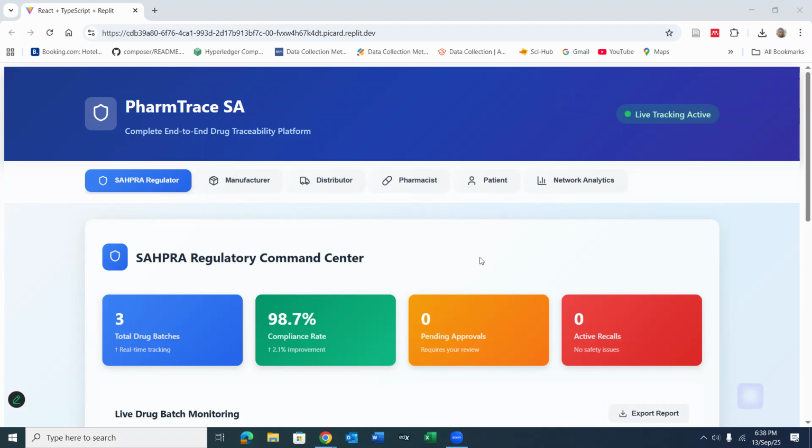The main function of this blockchain demo is to highlight blockchain features such as traceability, transparency, immutability, as well as security. Another thing that I need to mention is that this blockchain system